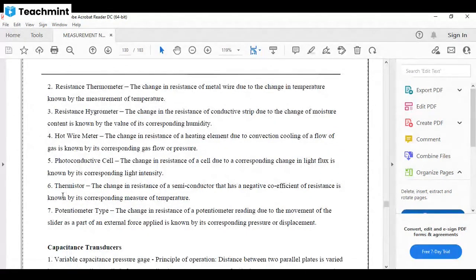Number 6 is the thermistor. In the thermistor, the change in resistance of a semiconductor that has a negative coefficient of resistance is known by its corresponding measure of temperature. So in the thermistor, the change in resistance of the semiconductor that has the negative coefficient of resistance is known by its corresponding measurement of temperature. Negative coefficient means what, can anyone tell? Negative coefficient of resistance means,